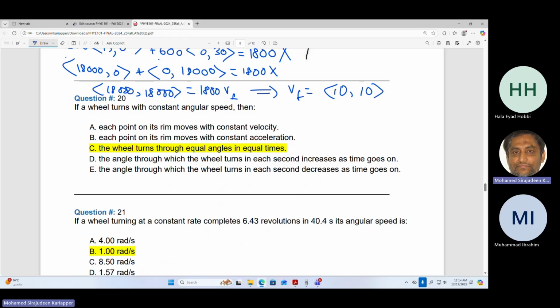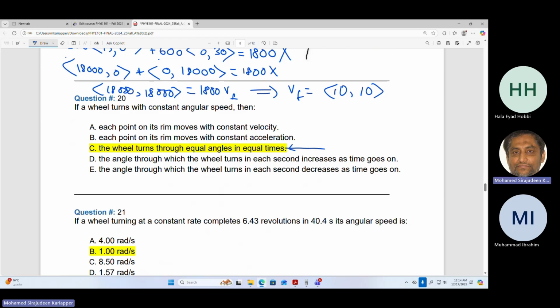Right. So this is the rotation chapter. When something is rotating about a fixed point, every point in the rigid body has the same angular velocity. So that's what this question is about. Same angular velocity means it covers the same angle, equal angle in equal time interval. So it's another way of saying